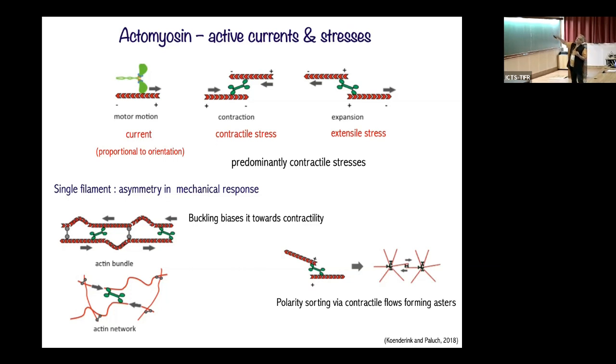Here are ATP-dependent stresses that can be generated in the medium. You can see here that if this myosin filament binds to these actin filaments up there, then this head moves towards the plus end, and this head moves towards the plus end too. Therefore, it pulls the filament in this direction and that direction, giving rise to contractile stresses. The same kind of argument in this configuration gives rise to extensile stresses. So in a random collection of these filaments and motors, you'll find both contractile and extensile stresses, but there